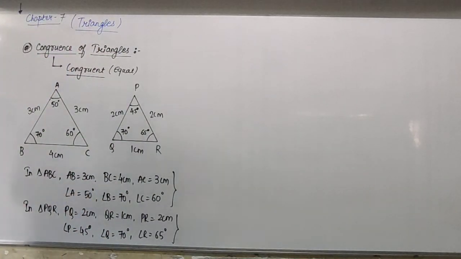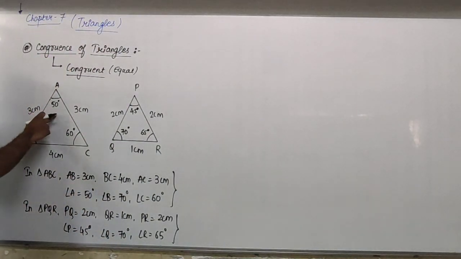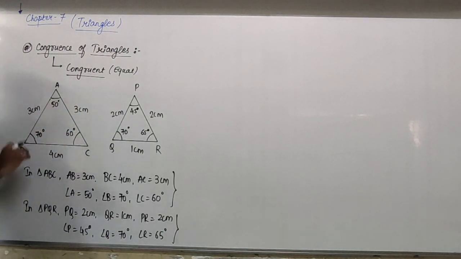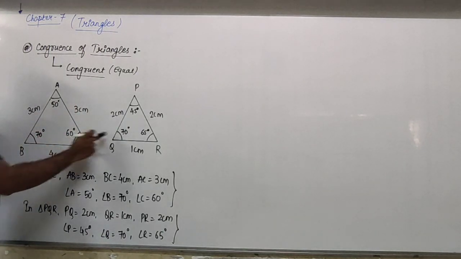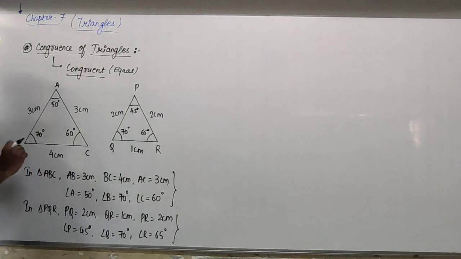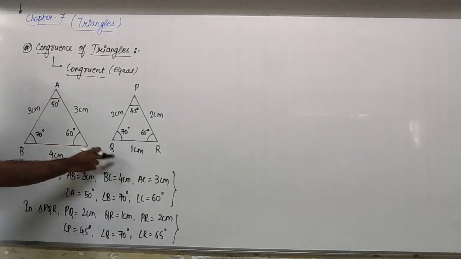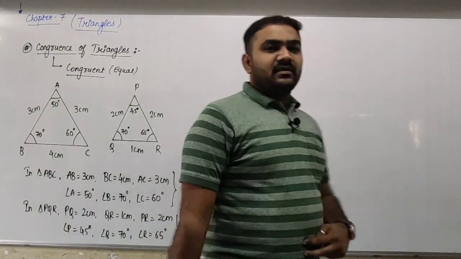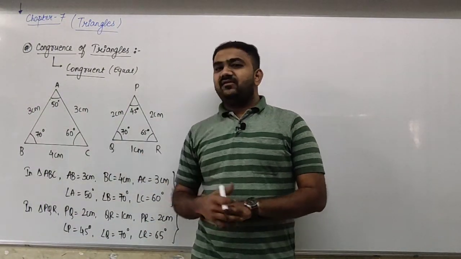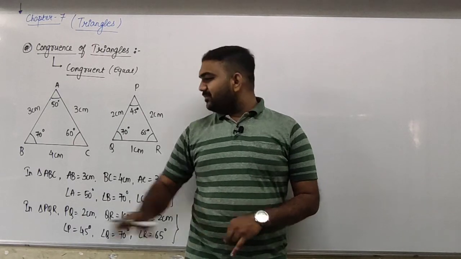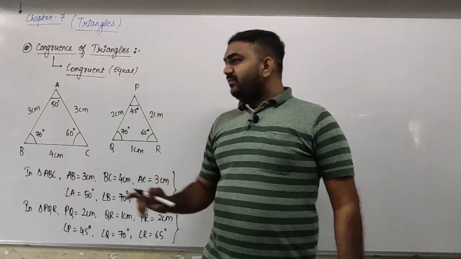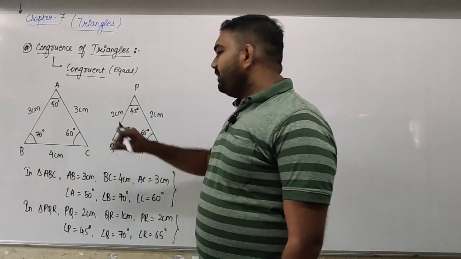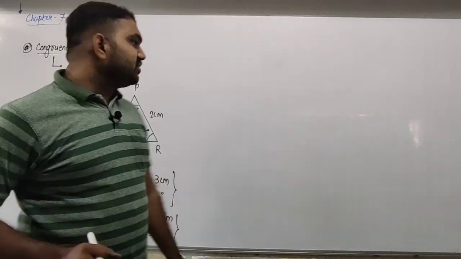Again, we can also say that angles, see here angle A is 50, here angle P is 45 degree, again they are not equal. Angle C is 60, angle R is 65 degree, again they are not equal. Only one thing is equal, that angle P and angle Q are 70 degree. Rest of the 5 things are not equal. So on the basis of this one angle, we cannot say that this triangle ABC and triangle PQR are congruent to each other. Hence